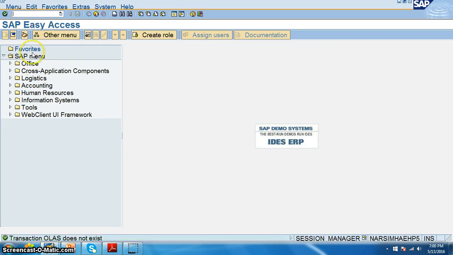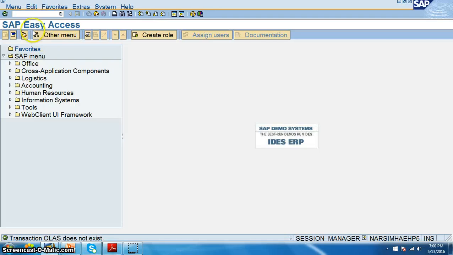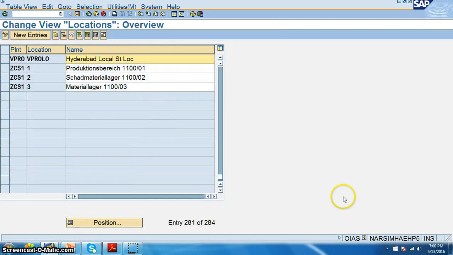This also we have created. In this we are going to create the location. Location also we have created as VPRO, and this VPRO_LO is the location that we need to make a note of.